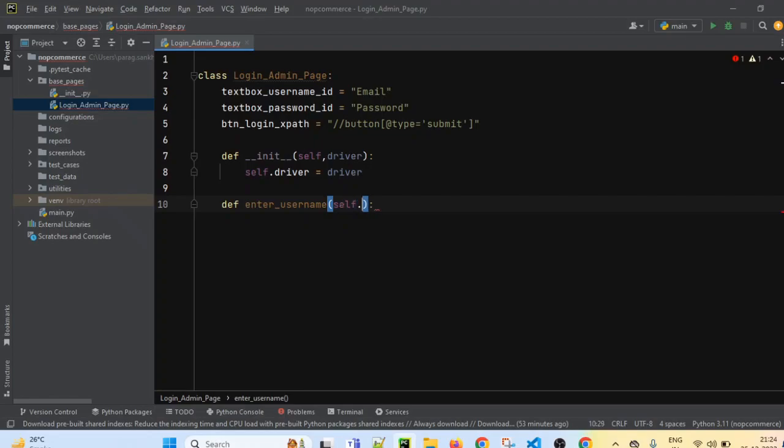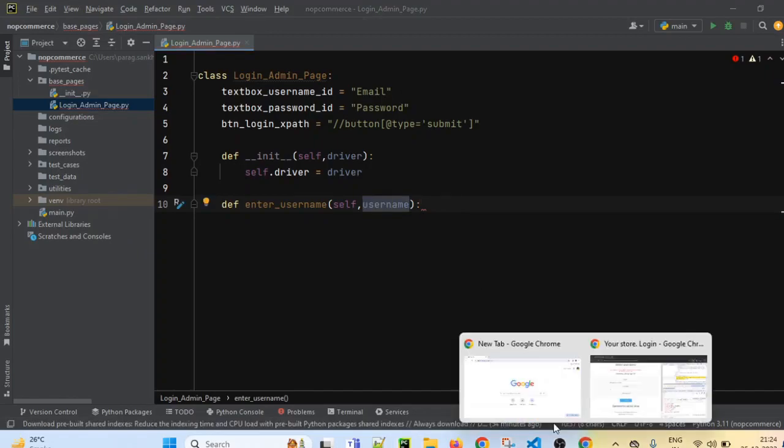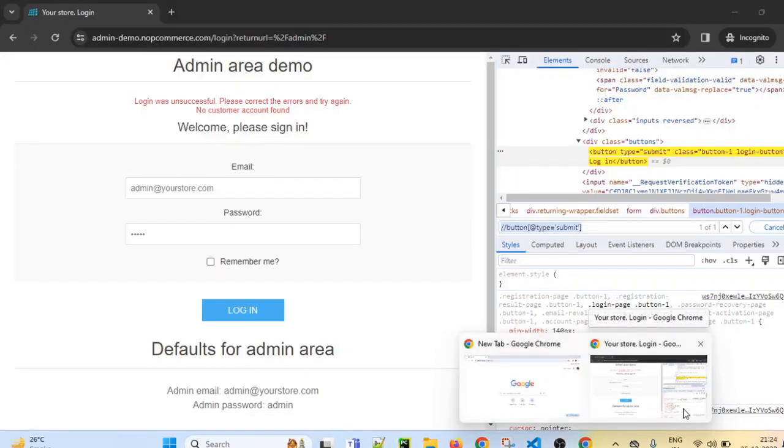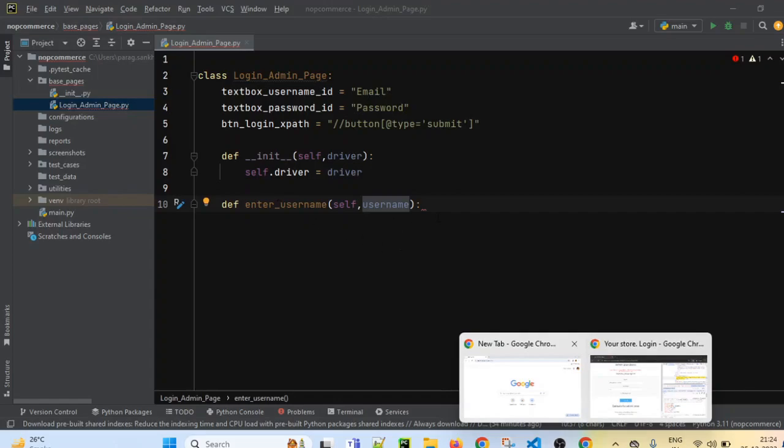And then we can provide self, comma, username. Now username will be passed from the test case, right? So whenever we call this method, it will enter the username which we pass, and that is getting accepted here as a parameter. So this username we have to pass inside this email field.